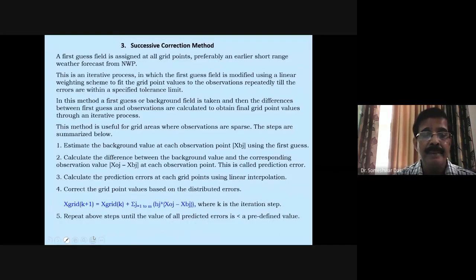Step number 5: repeat the above steps until the values of all predicted errors are less than a predefined value. As I said, depending on what you are going to analyze or interpolate, accordingly you have to assign the threshold value. For temperature, it is like